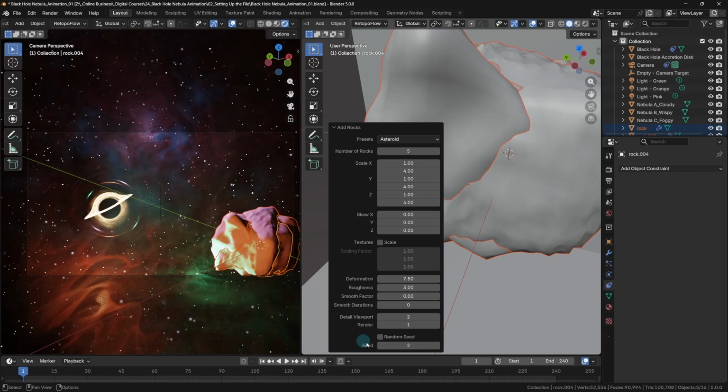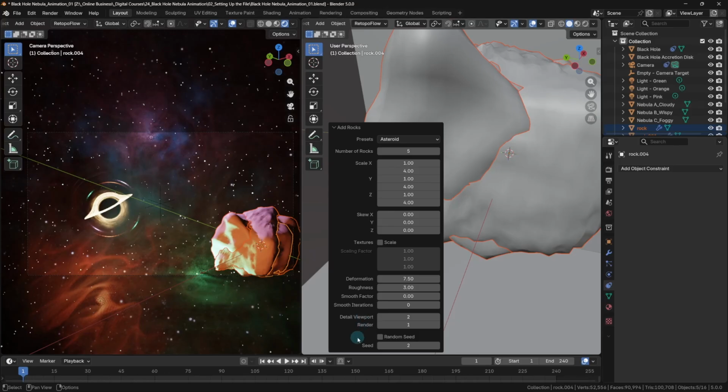And then lastly, the random seed down here at the very bottom. This is actually a pretty important setting. Without turning this checkbox off, every time you adjust any one of these sliders, it's going to randomize the rock. This is good if you're just in the experimenting stage and trying to find the right look. But once you're happy with the general look of the rock, you're going to want to fine tune it. And it becomes really annoying having the rock constantly change and move around as you're adjusting any one of these